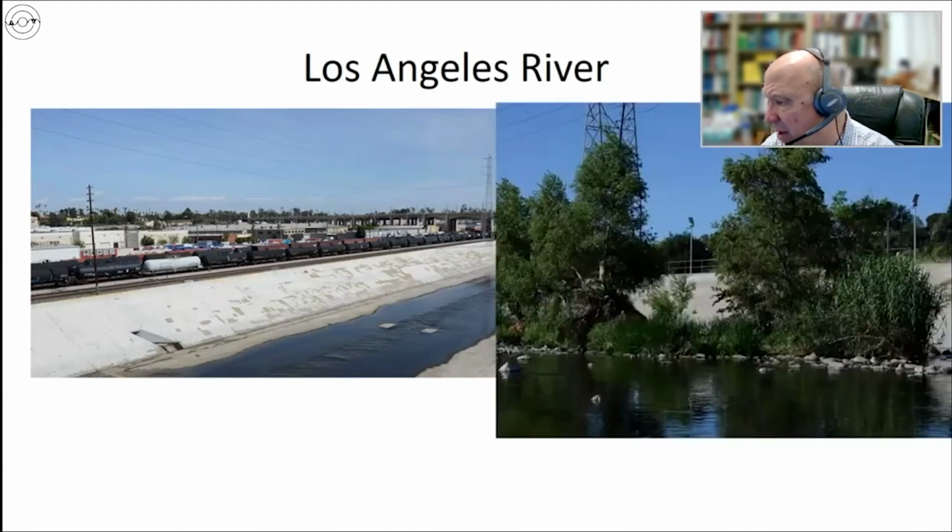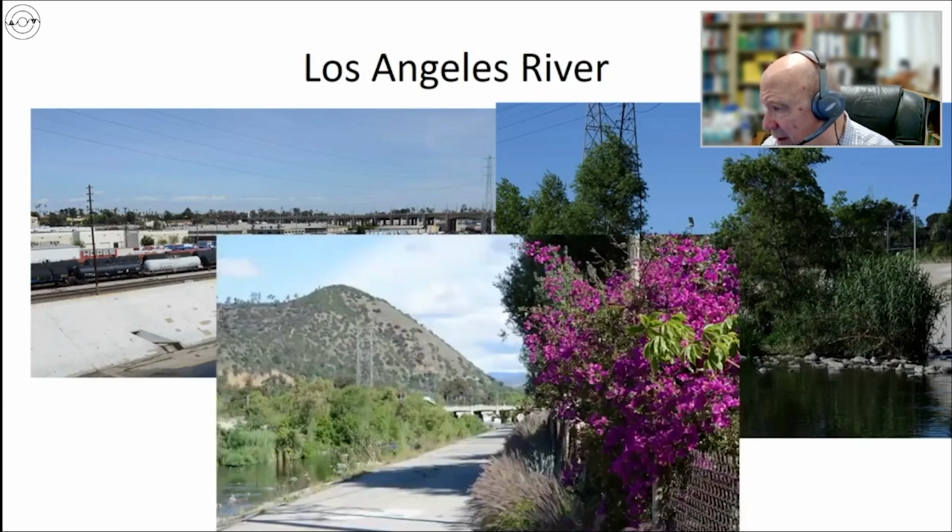So this is more upstream in the LA River. This is up almost to the east end of town, almost to Glendale. And you can see here we have ponded water, and we have wildlife here. We have ducks and stuff, and much more picturesque scene than what the downstream part of the LA River is about.